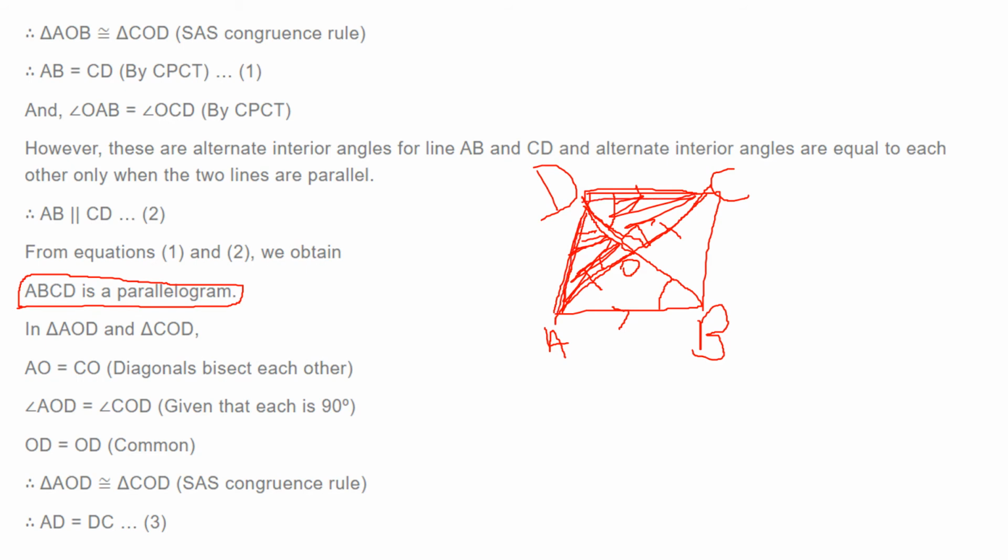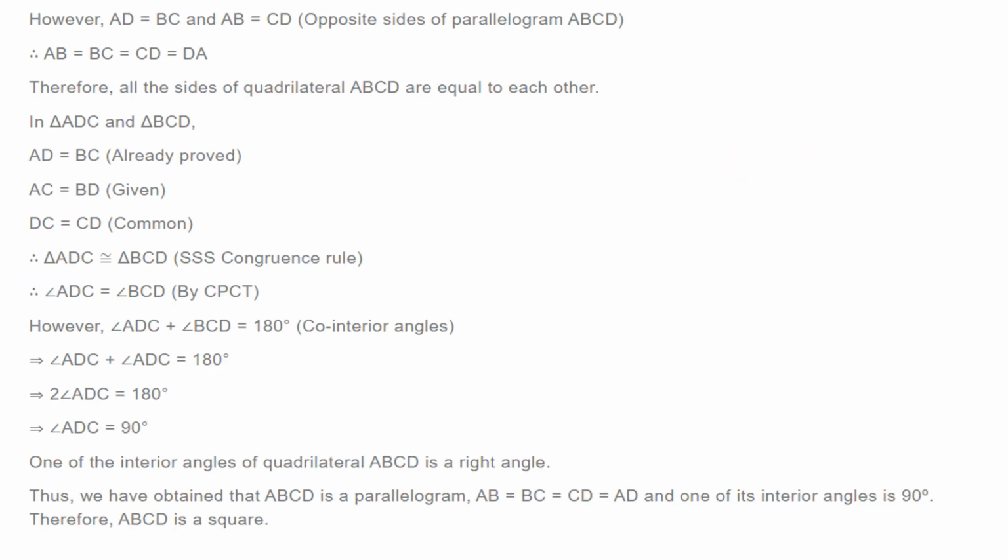If AD equals DC, and in a parallelogram adjacent sides are equal, then you can say that ABCD can be a square, but to make it a complete square, one angle must be 90 degrees. In a square, you know the property, no? Like this is a square. If this point is A, this is B, this one is C, and this one is D. If you want to prove it a square, you have to prove two more triangles congruent. I'm going to take triangle ADC and the second triangle BCD.